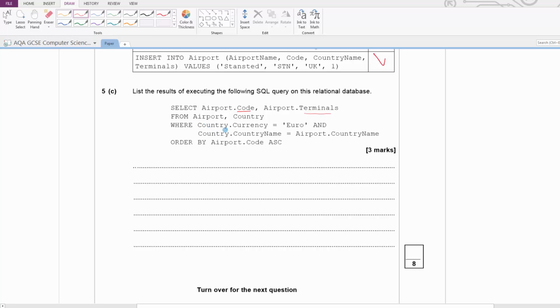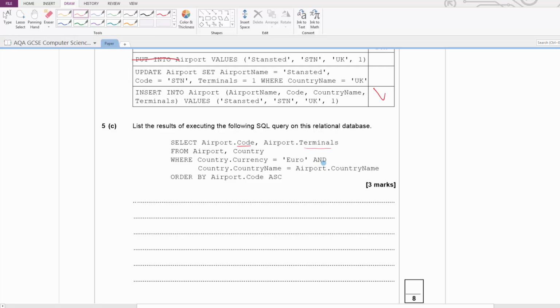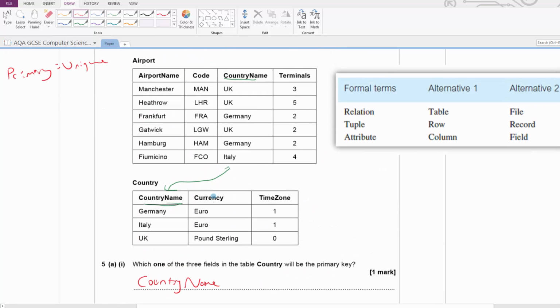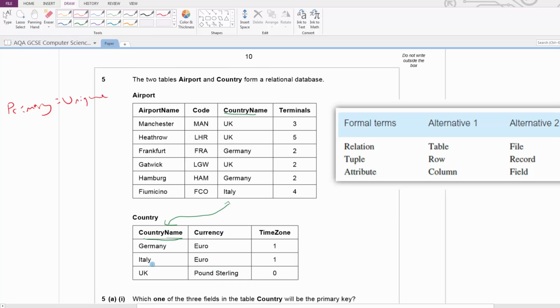where from the country table the currency equals euro and the country name equals the same as the airport country name. So because we have this AND operator, both sides of this, so the currency has to be euro, and this is basically just saying that it needs to be in both tables, it has to be both for it to apply. So it has to be euro from the country table, so Germany or Italy, and Germany and Italy appear 3 times, and this is 2 for Germany, 2 airports, 2 German airports and an Italian airport, and we're asked to